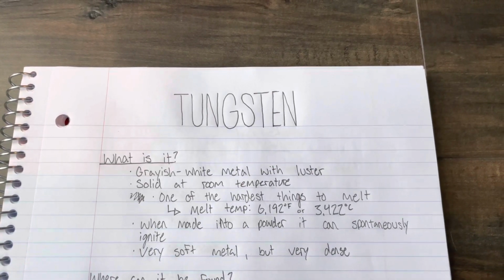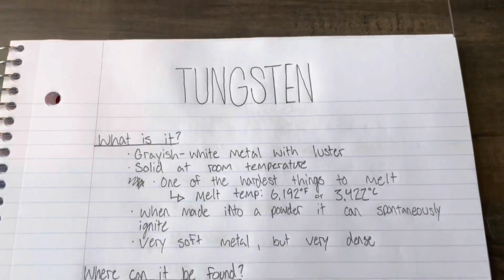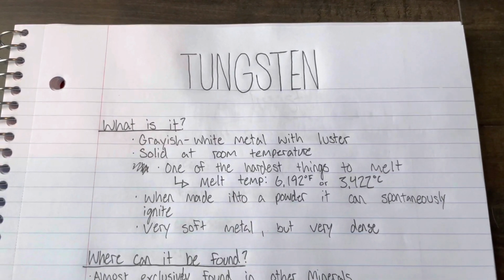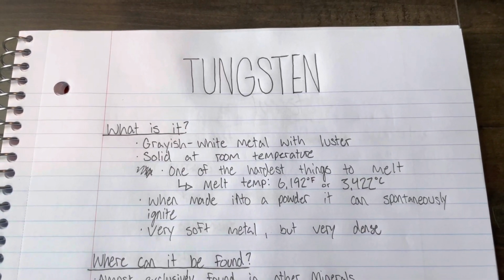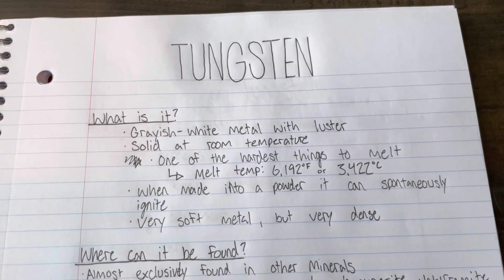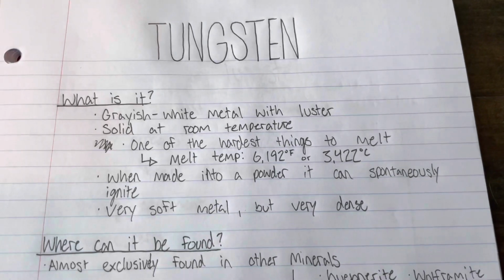For this week, I reviewed tungsten. So what is tungsten? Tungsten is a grayish white metal with luster, meaning it's shiny. It's solid at room temperature. It is one of the hardest things to melt with a melt temperature of